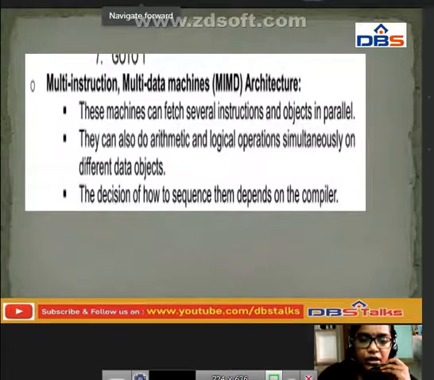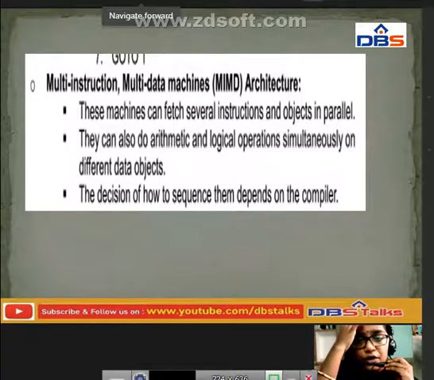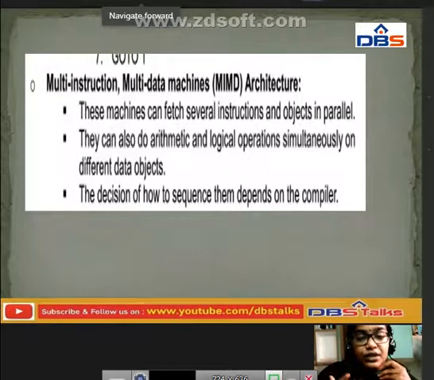These machines initially fetch the several instructions and objects in parallel, so both arithmetic and logical operations are done simultaneously on different data objects, and the decision of how to sequence them, meaning placing them in order, is made